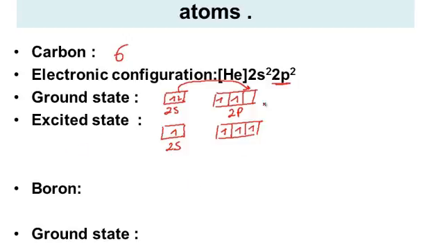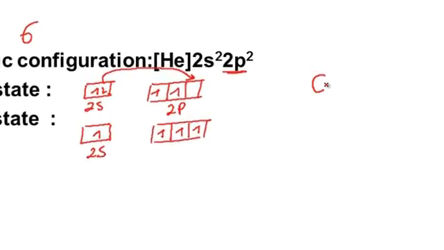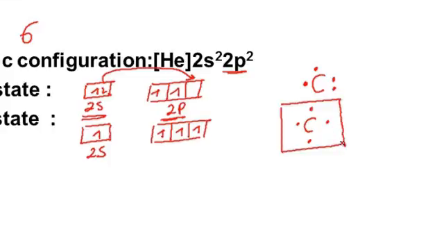So the ground state Lewis dot symbol of carbon is with a pair of electrons as it is present in 2s and 2 single electrons as they are present in 2 of the 2p orbitals. However, in the excited state of carbon, when it's getting ready for chemical bonds, carbon has 4 unpaired electrons around it. And that proves the tetravalency of carbon,